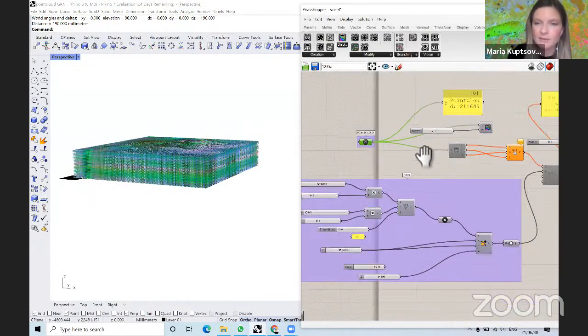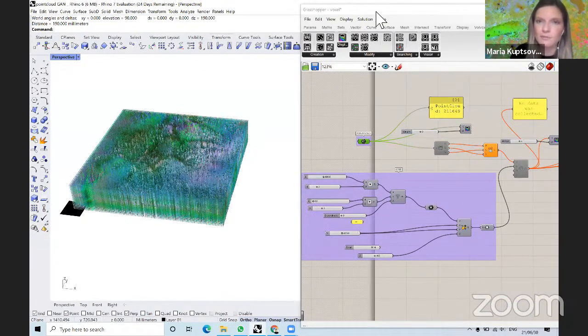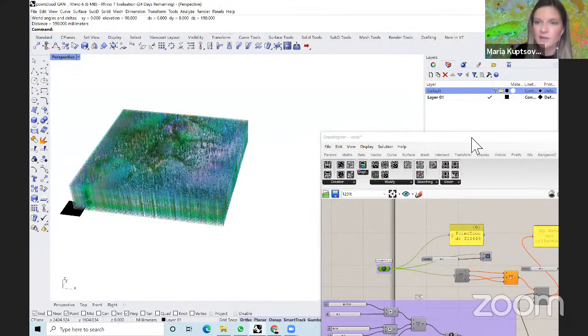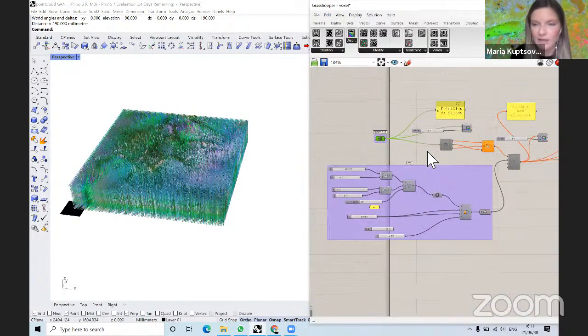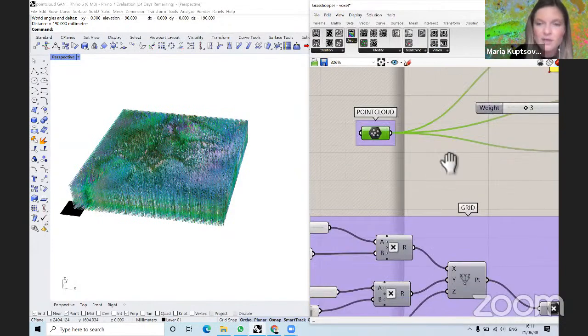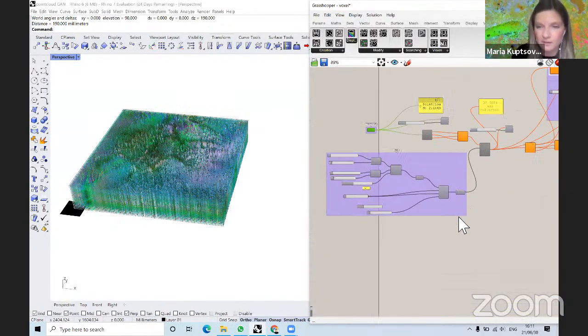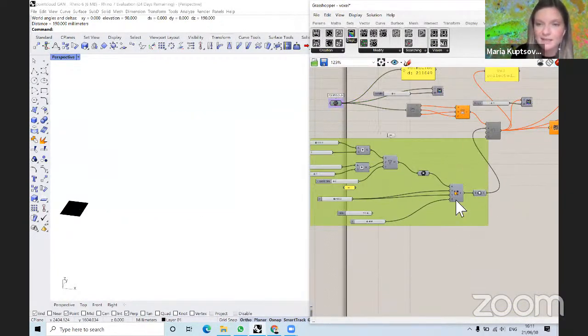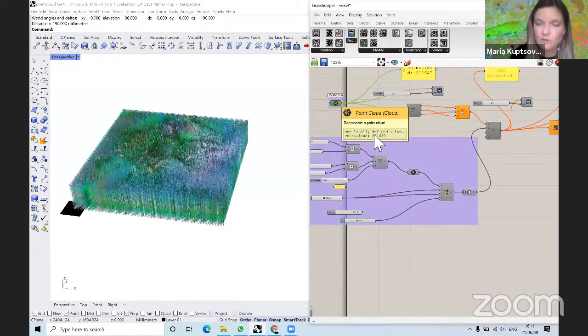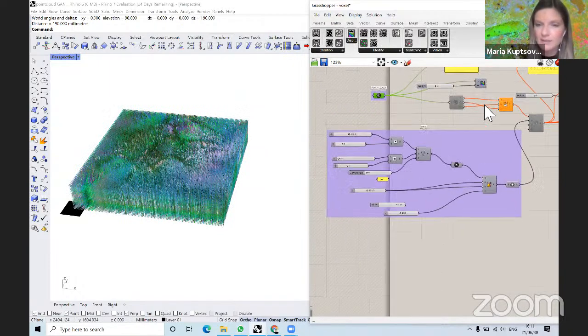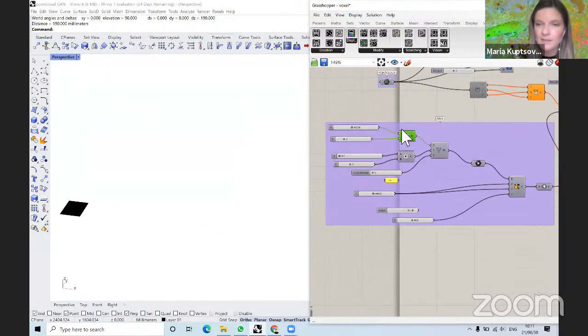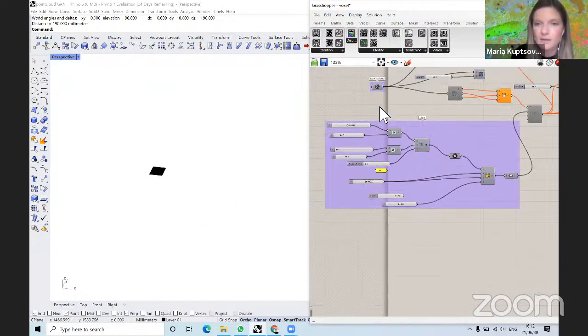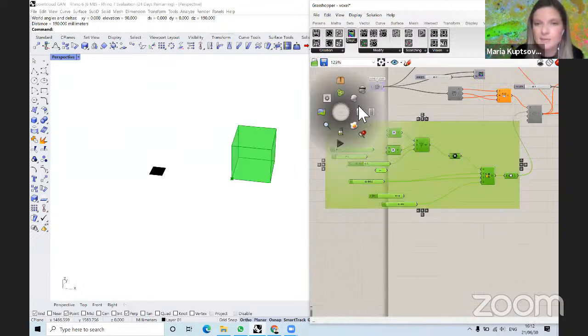But keep in mind that in this step, when we are working in this definition, if your Rhino is kind of crashing while you are assigning it to Grasshopper, we also have an option here to select with this grid a part of your point cloud to work with. So basically what we are doing here, we are starting to set up